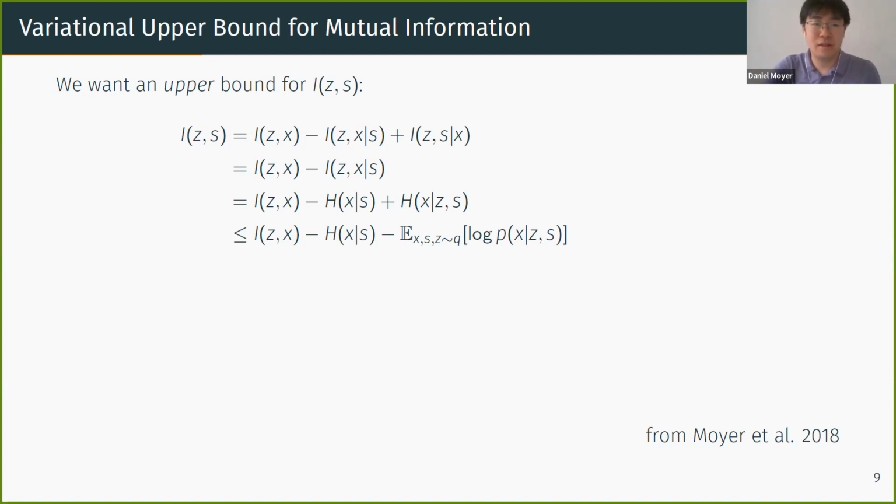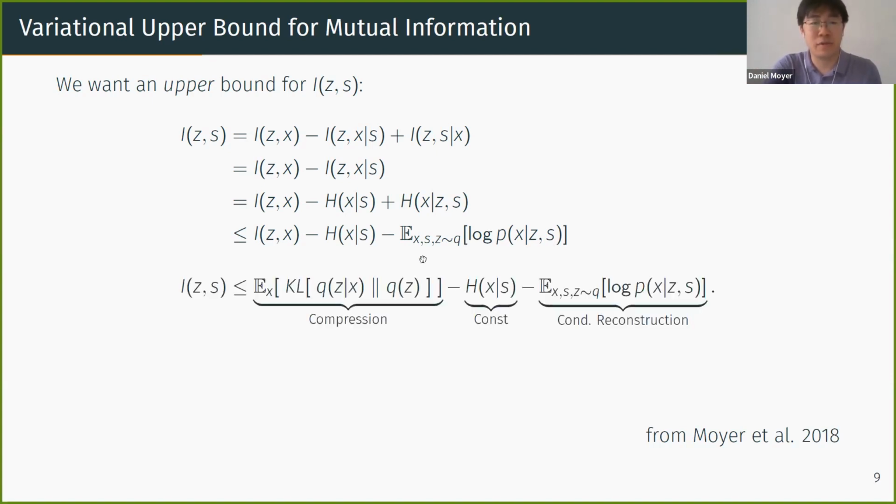And that's it, actually. That is a bound for mutual information. The important part of this is really this intuition that we have a compressive term, the information between z and x. So we want somehow a minimal representation, but we also want fidelity of reconstruction, good reconstruction. And then there's also a constant that's given to us from the universe. And this is one way that we can bound the mutual information.